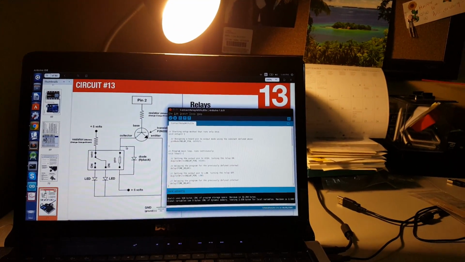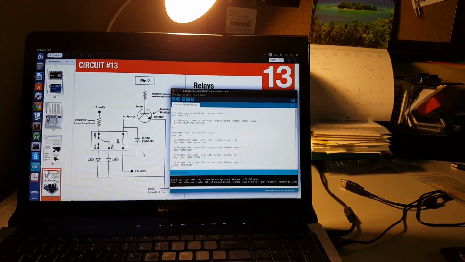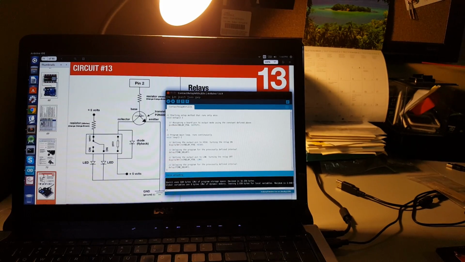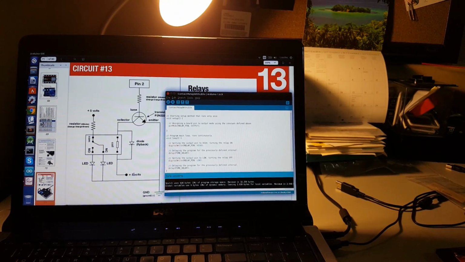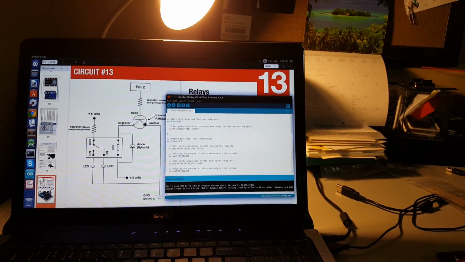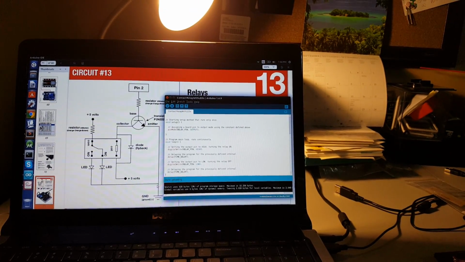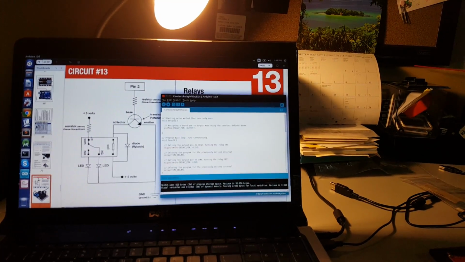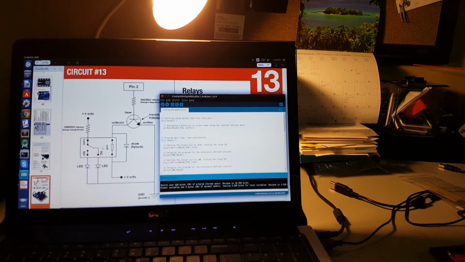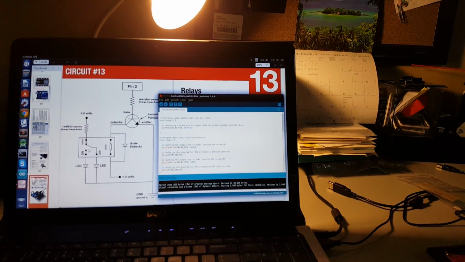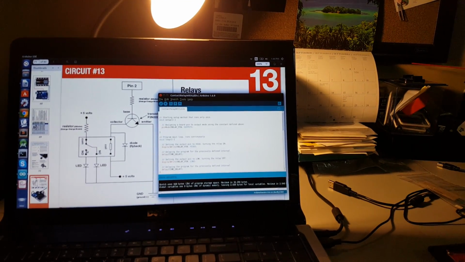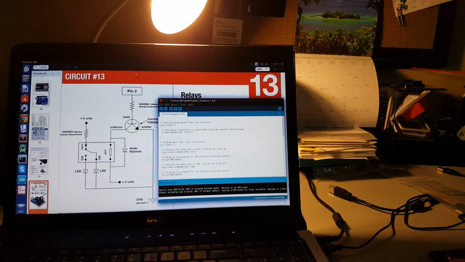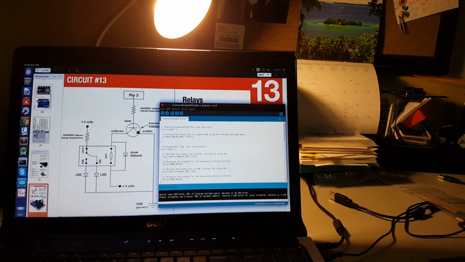So just to elaborate a little further, when there is power coming from pin 2 to the base of the transistor, current will flow from this 5 volts here through the coil, through the transistor, and back down to ground. That means that the line that is normally open will actually have the LED on at that point,